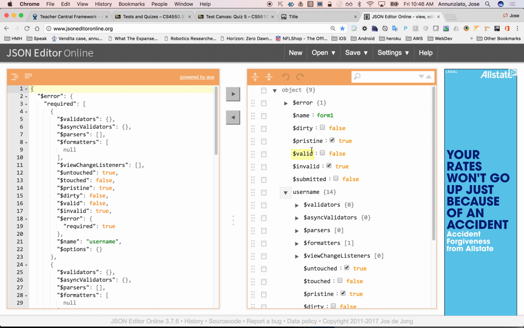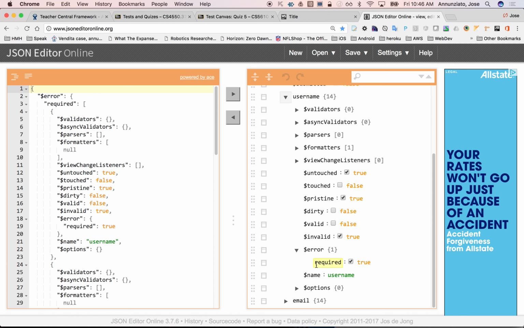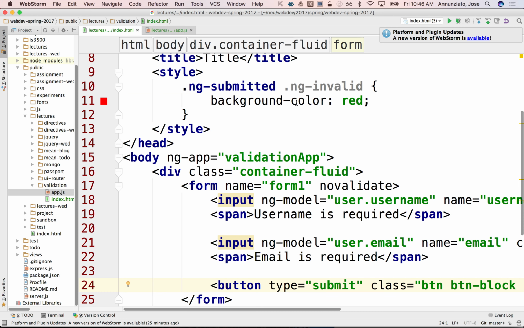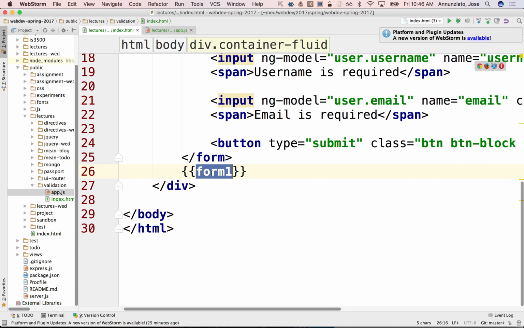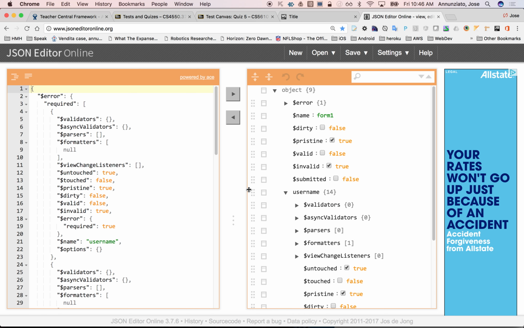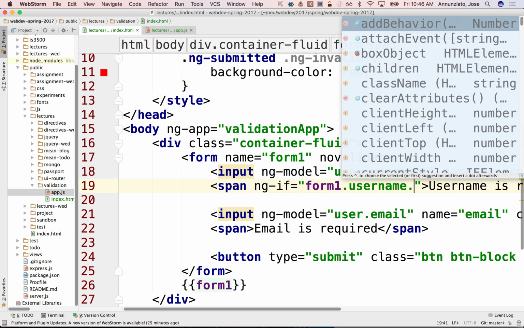Only show those messages when form1.username.$error.required is true, and show it only then. Yes, makes sense, right? We can grab the object, and the object is this object down here, form1. So show this span only with ngIf, we can say ngIf only if form1 dot, let's see what else, username dot